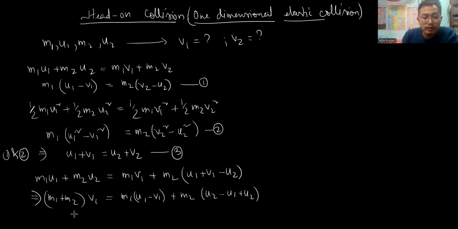So it implies v1 is equal to m1 by m1 plus m2 times u1,